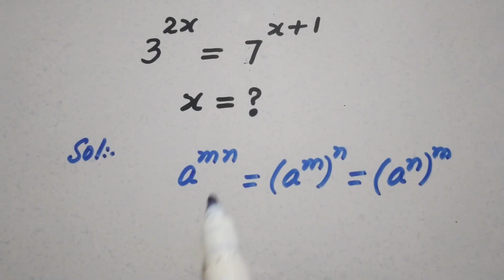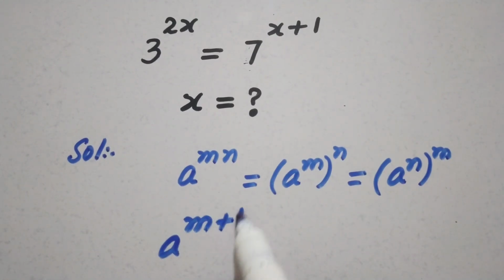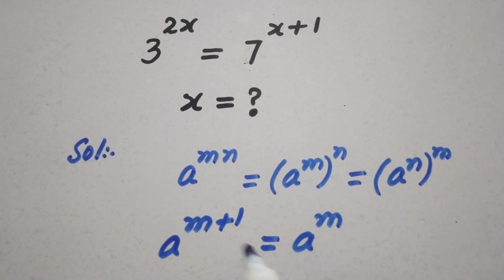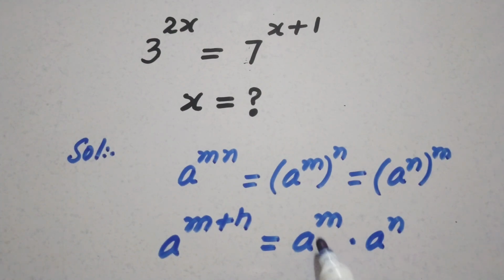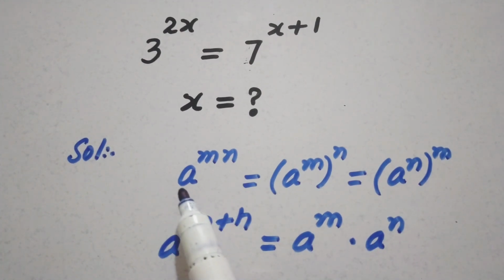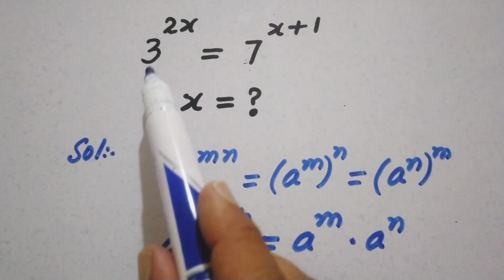Another algebraic property: if we have a power m plus n, this is a power m multiplied by a power n. When the bases are the same and multiplying each other, then their powers will be added. Now we will use these two properties here, so this will become